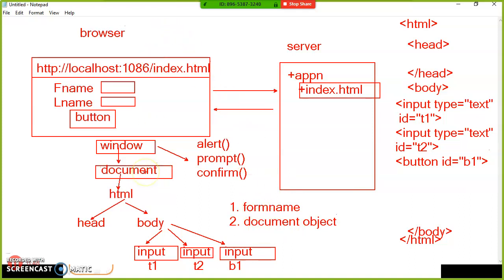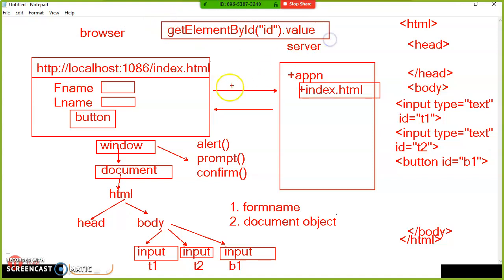JavaScript does not consist of classes, it consists of only objects, and that object consists of some ready-made functions. getElementById, and here you can give the element id dot value. This is a predefined function available in the document object. Document is the object name. An object consists of variables and functions. If you want to access those variables and functions, you can access them by using this document object.